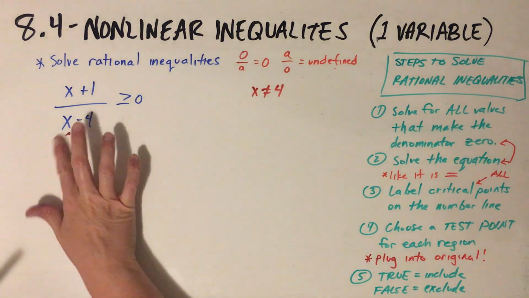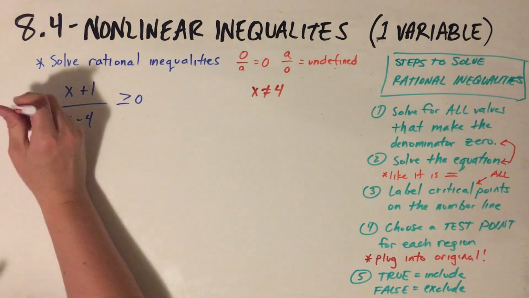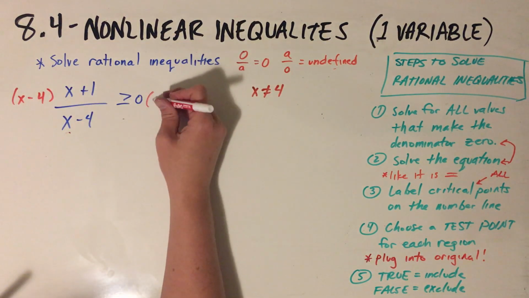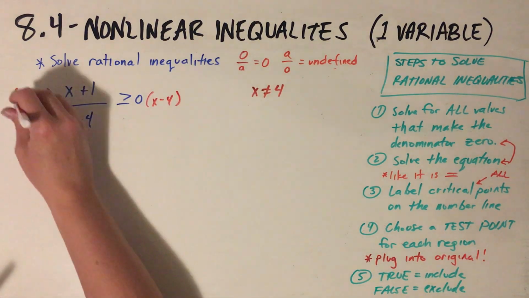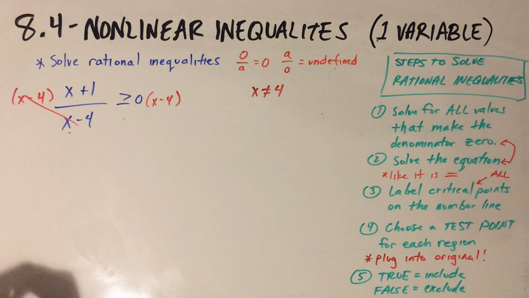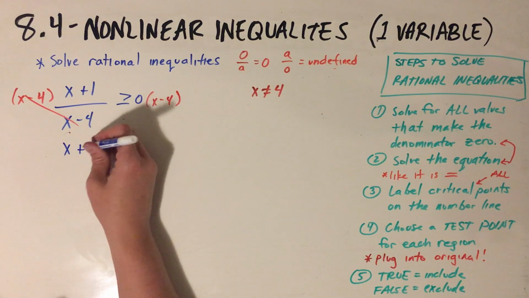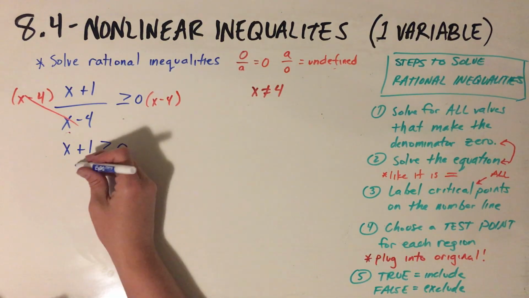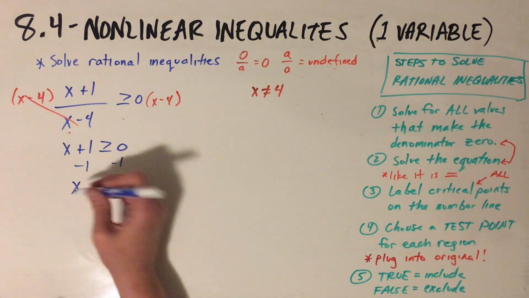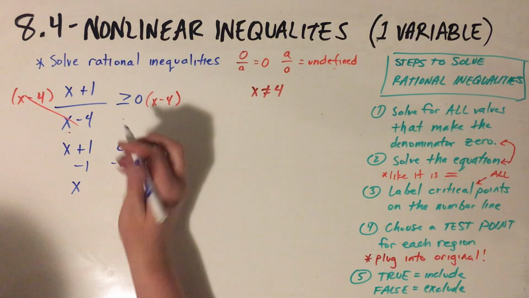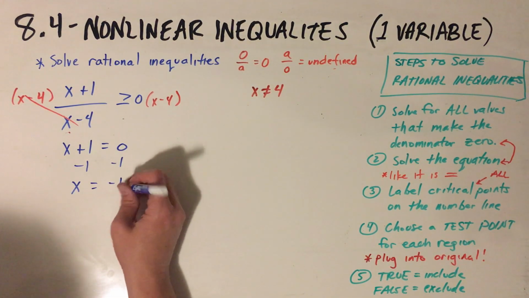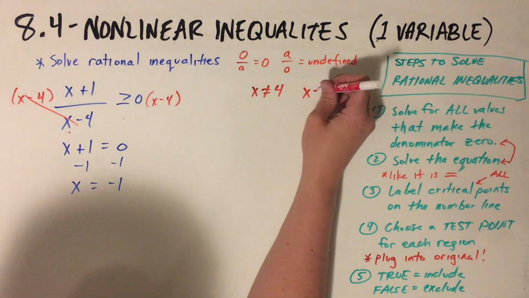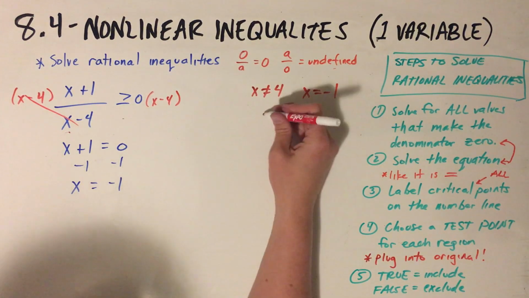Now I'm going to solve this inequality by multiplying both sides by this x minus 4, because I need to get rid of this denominator. Same thing's going to happen here that happened last time. I'm just going to have x plus 1 is greater than or equal to 0, because 0 times anything is 0. So really the next critical point, and again I can solve this as if it's equal to, is going to be negative 1. So we'll put this critical point up here. Now that we've identified both of our critical points,